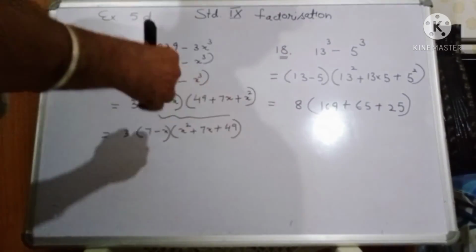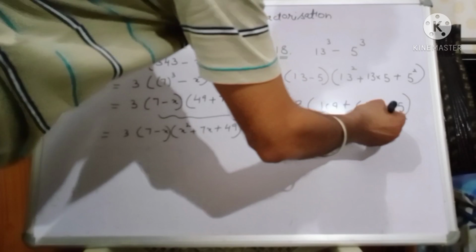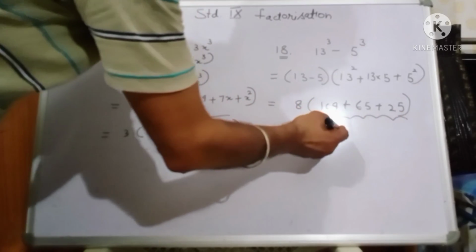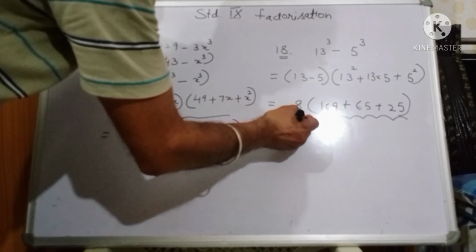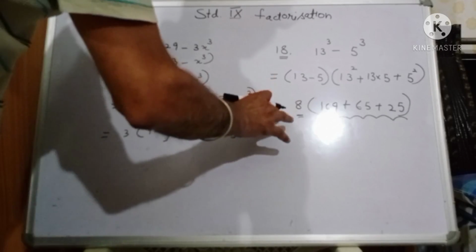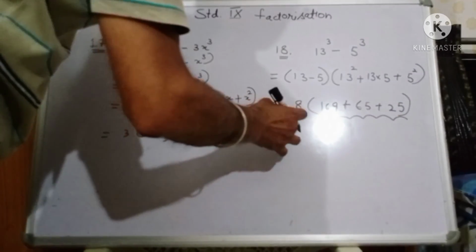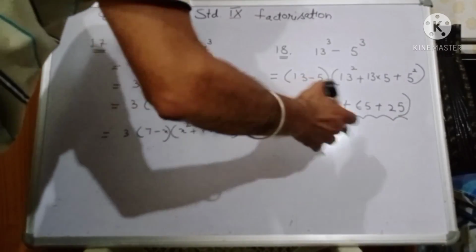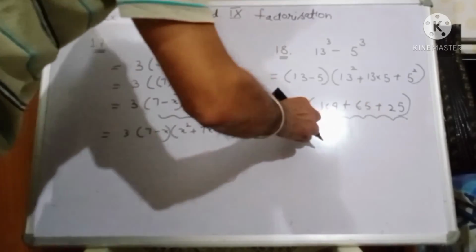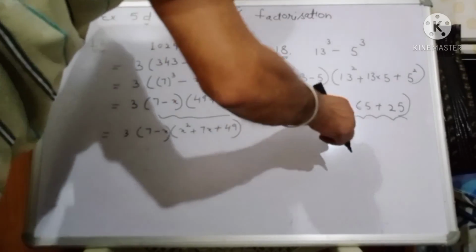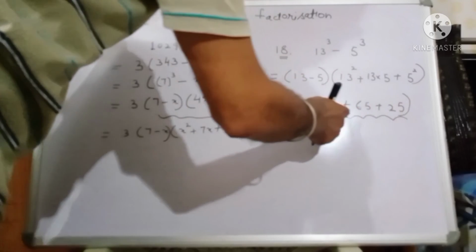Now easily you can see whatever this number may be, it is a multiple of 8 as 8 comes with it. So this number is divisible by 8. Easily we can write as it is a multiple of 8. Therefore it is divisible by 8, whatever this answer will be.